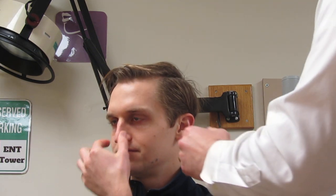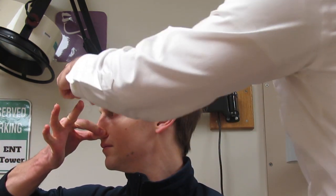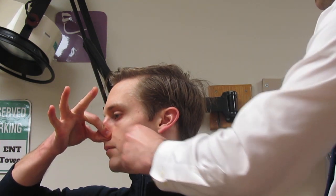It's also important to try and determine what side the bleed is going to be coming from. That's not always obvious, but it's helpful if you can figure that out. Most nosebleeds, almost all of them, are going to come from the front of the nose. So the initial steps in management are trying to apply pressure where the blood vessels will typically be bleeding, which will be the anterior part of the nasal septum. Up top are your nasal bones, so you're not going to be able to apply pressure in that region. You really have to kind of get down closer to the nostril and apply pressure there for a good solid